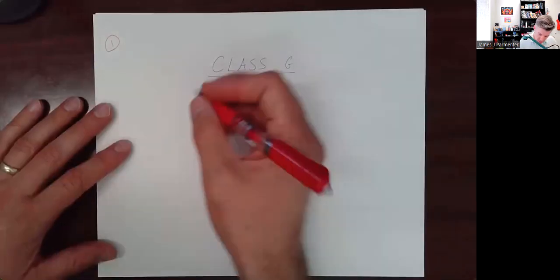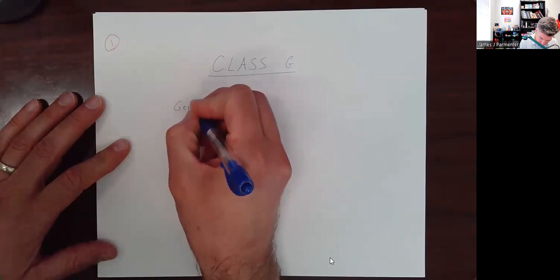Hi class. Today we're going to talk about the general equation of a circle as opposed to the standard equation of a circle, and how to start with a general equation and rewrite it so that you can have it as the standard form, so that you can see what the center and the radius are. Let's write that down. Let me share my screen. So we're going to talk about the general form